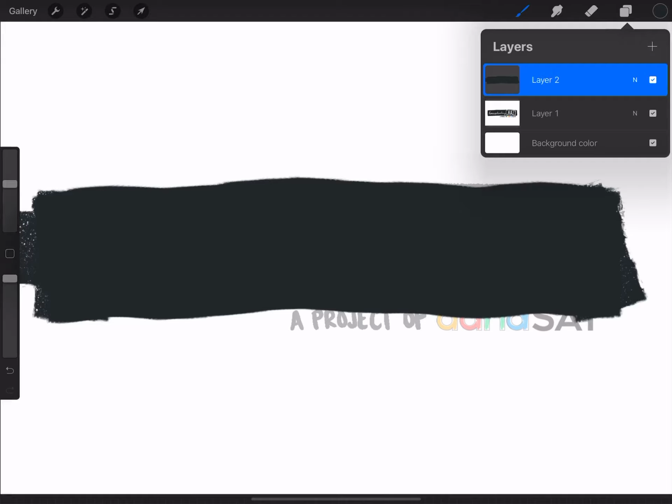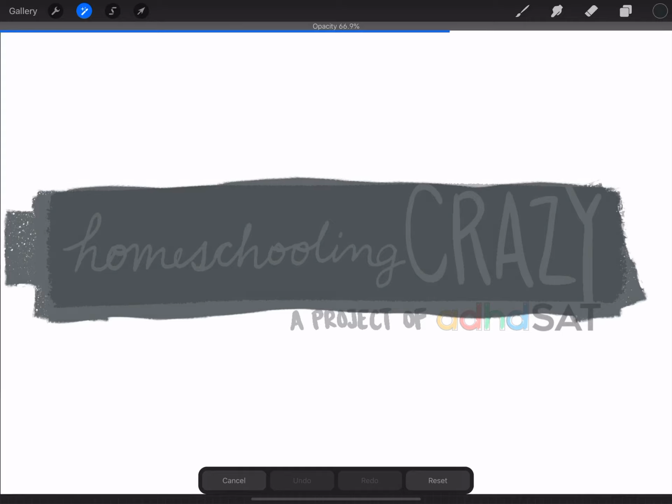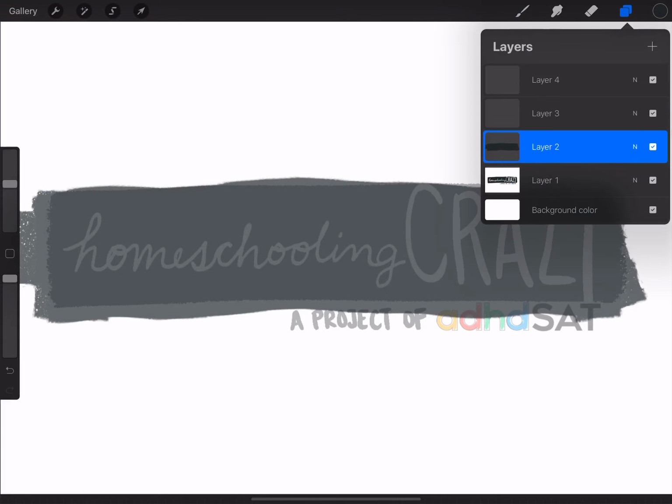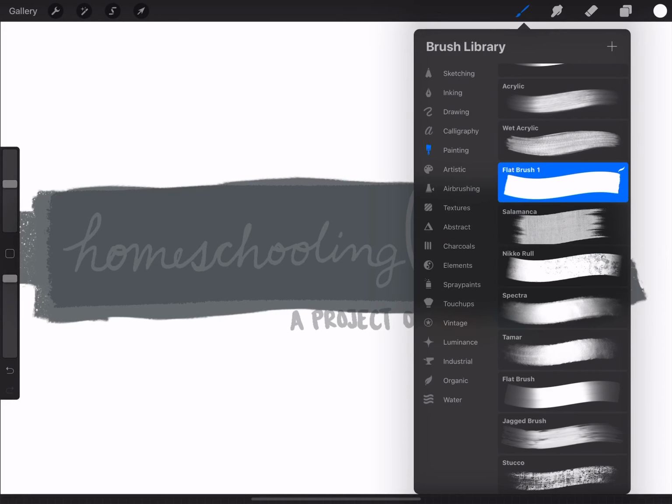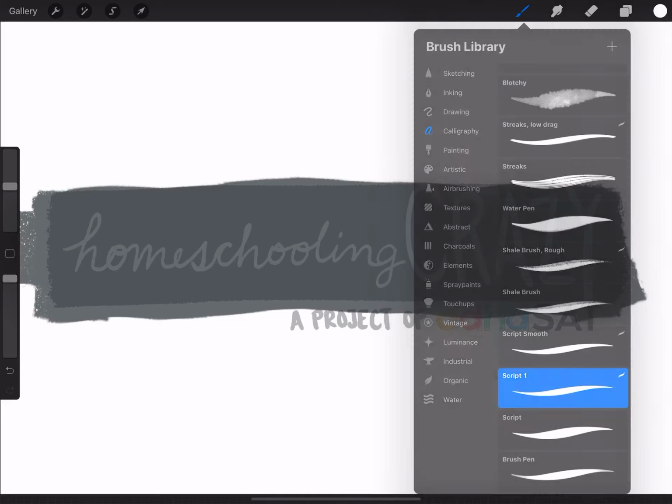And then I like doing things in layers. It allows me to undo. I'm going to dim this layer so I can see your layer underneath it. I want to make a white layer, I think, at homeschooling. I'll choose a different brush for this script one. Yeah, sure, why not? And now the beautiful thing is I can just trace